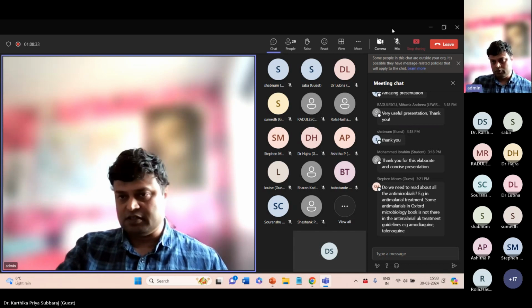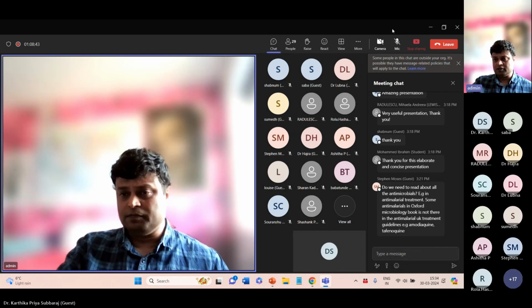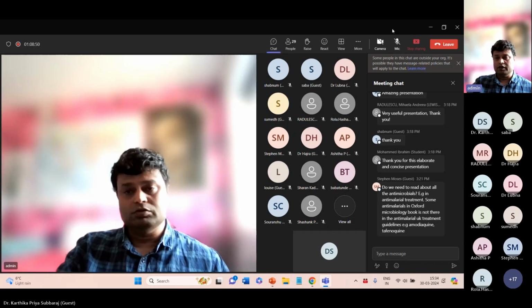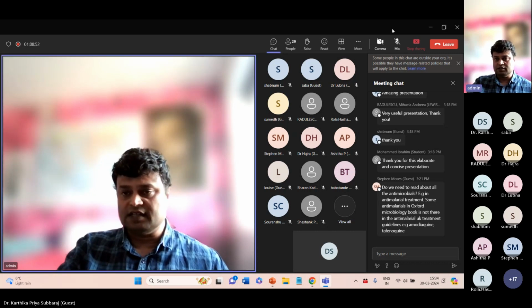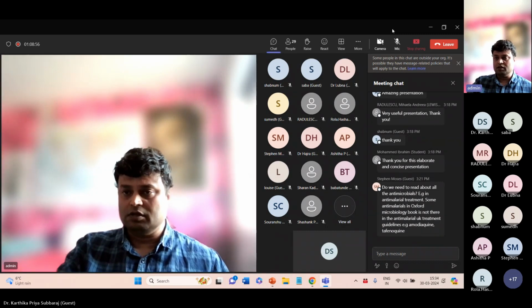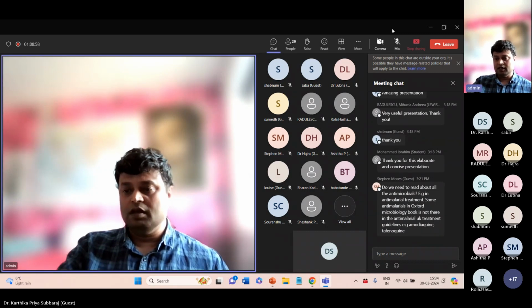Nobody will wait for you to get GMC registration. So if you have your FRCPath part one and you do not have GMC registration, you are unlikely to get a job. Because if we are trying to advertise for a person to work with our team, we would not wait for that uncertainty of whether you get the GMC registration or not. So if you're keen to work in the UK, I suggest that you work on GMC registration first.